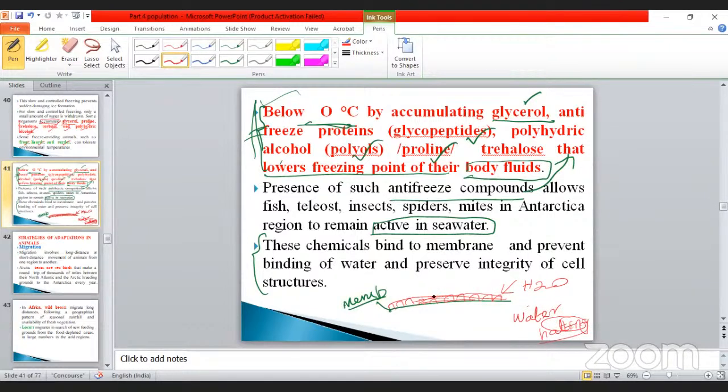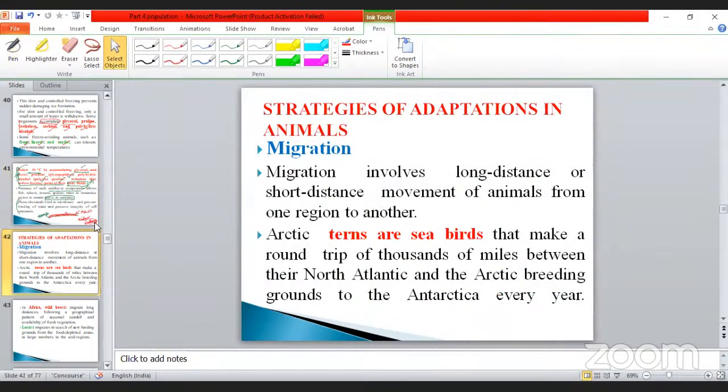So when you are applying oil, what happens? Automatically the water is dissociated from the membrane. So the deposition of these components, what happens? They will not easily bind with the water molecules. Prevention of binding. So when binding happens, what happens? It will melt into the ice, isn't it? That condition is prevented by this component. So this is an important point.